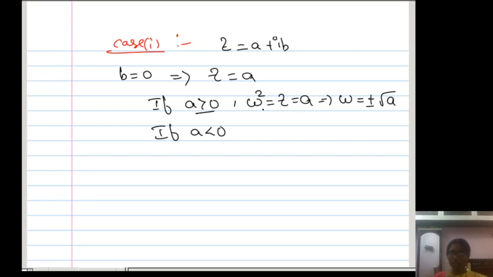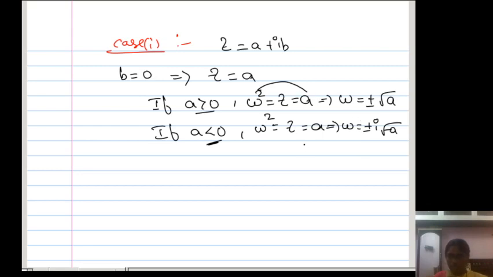Okay, I have written here a is a real number. So what is the square root of a real number? You can write under root a. w square is equal to a means w is under root a. Similarly, w square is equal to z is equal to a, but here a is less than 0, meaning a is negative. In the negative case, what happened here now? w is plus or minus i under root of minus a. So minus a you will get, because a is negative, and under root should be positive. Minus into minus is plus.